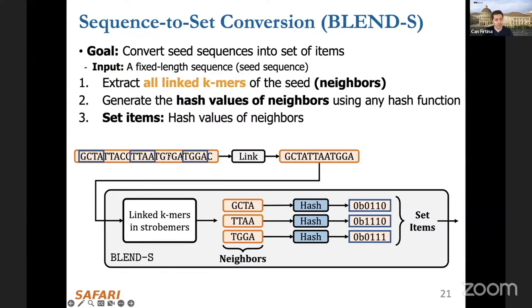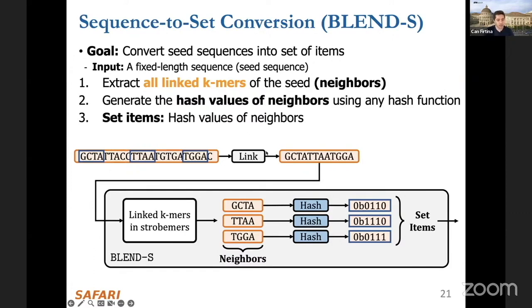The other mechanism is the Blend S mechanism. So I'm not going to explain Blend S in a very detailed manner, because it's pretty similar to Blend I, with only a minor difference, which is if we are using, for example, a linked k-mer strategy, for example, a Strobemer, then it doesn't